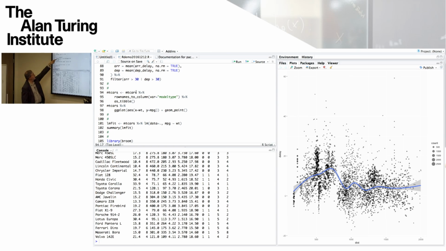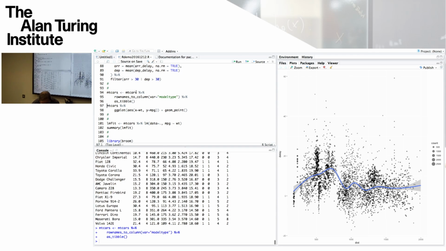So if we pass it through rownames_to_column, we'll tidy it a little bit, removing the row names and making a variable out of it. And then, because this was actually a data frame rather than a tibble, we can pass it through the as_tibble command, which will take data frames and force them to have this tibble attribute as well. So that will tidy them up no end. Okay, so mtcars has been modified to this tibble arrangement.